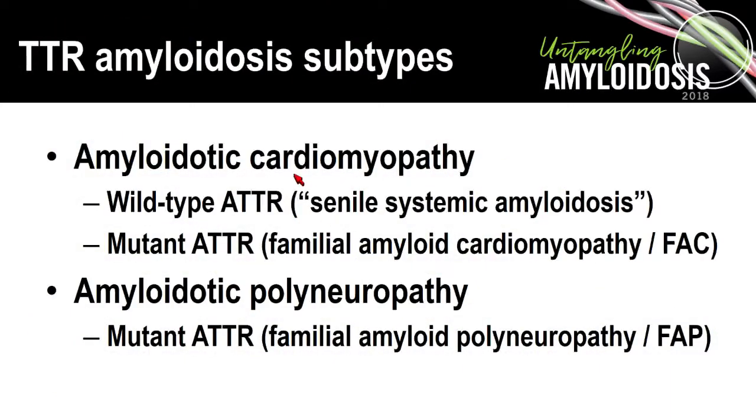When we look at this clinically and at what the different phenotypes are, basically we can break it down into cardiomyopathy versus neuropathy. For forms of amyloidotic cardiomyopathy, we have, again, wild-type TTR, which is normal TTR, and historically we've called this senile systemic amyloidosis. No one likes being called senile, so we don't use that term much anymore, and rather it's wild-type ATTR cardiac amyloidosis. Conversely, as mentioned, some patients have mutated versions of TTR that are more likely to deposit in the heart,